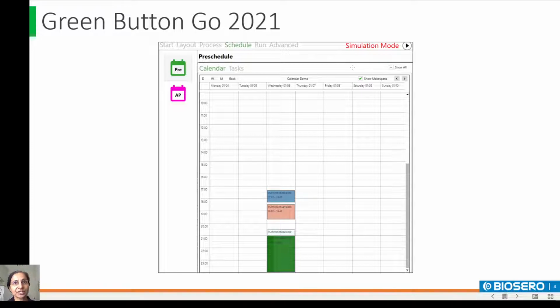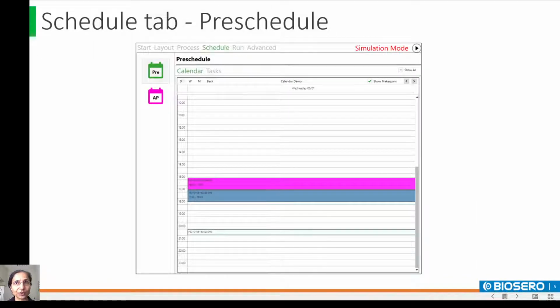The new Schedule tab includes an intuitive user interaction with pre-scheduling and scheduling transparency with a calendar view. The Schedule tab gives a complete view of the scheduled processes, populating all of them on a calendar. You see the weekly view, and here is the daily view.